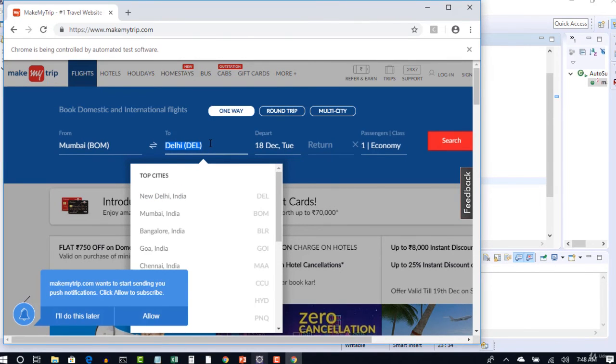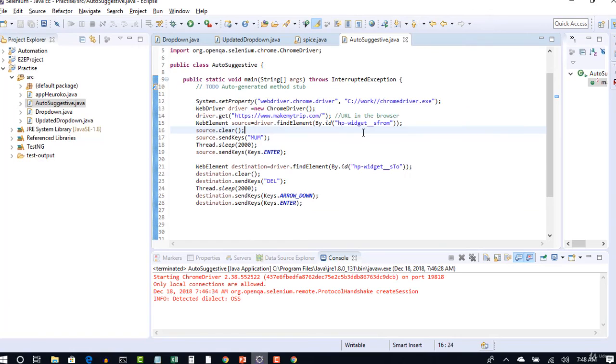Or if you type CHE, this time Chennai should come as your first option and Traverse City should come as your second option based upon the business logic decided by Make My Trip, and that's what you are validating here. So this is how you can select source and destination options when there is auto suggestive drop down behavior in your website. I hope you are very clear with this. In the next lecture, let's talk about drop downs. Sorry, drop downs is already done, right? So in the next lecture, let's talk about checkboxes and radio buttons.